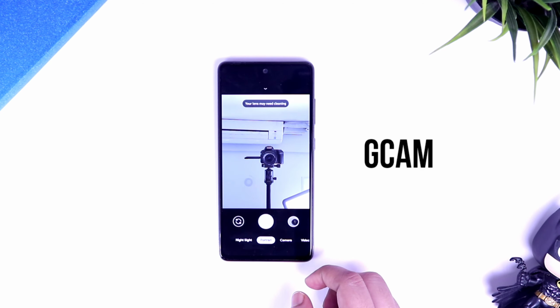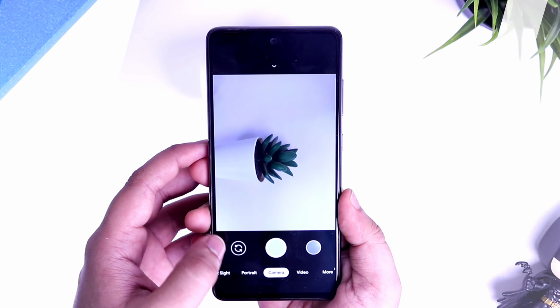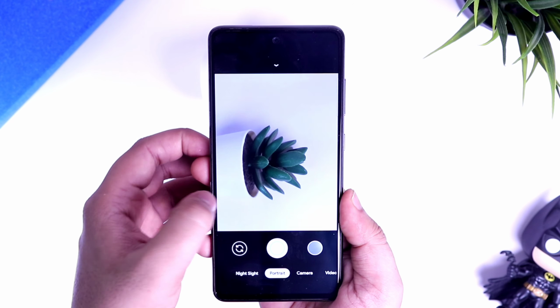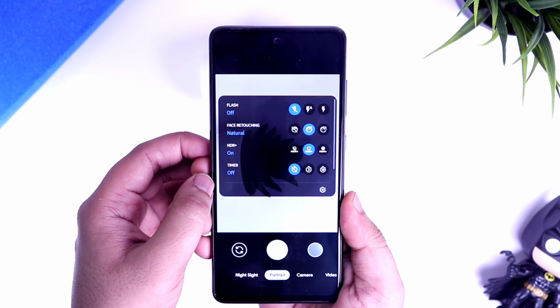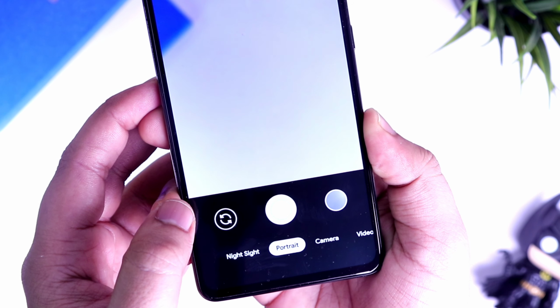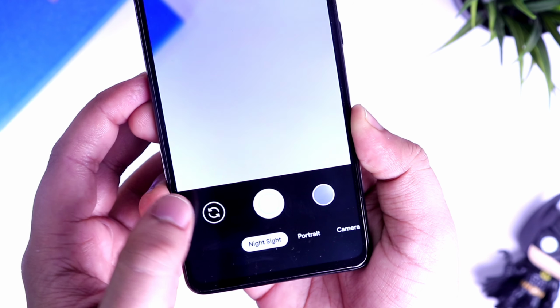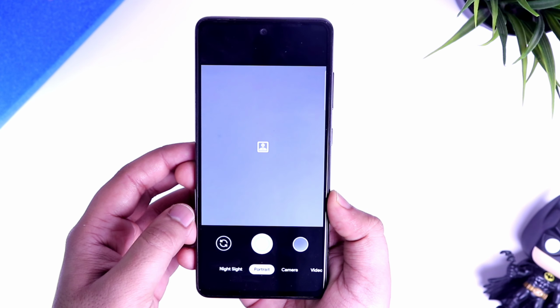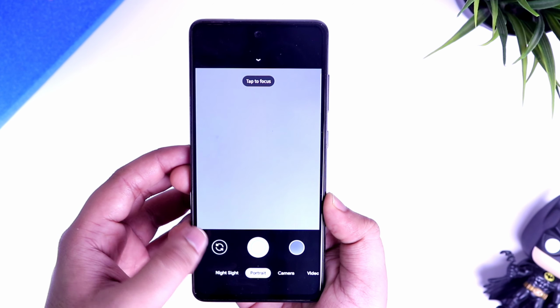Next up we have Google Camera. Since Galaxy A52 comes with a Snapdragon processor, I was able to find a perfect Gcam for this device. Now for those who do not have any idea about the Google Camera, it's the same camera app that you get in Pixel devices, which helps you to take some amazing quality pictures on your phone. To download this version of Gcam, all you need to do is head over to this video description and there you will find a direct link to download.